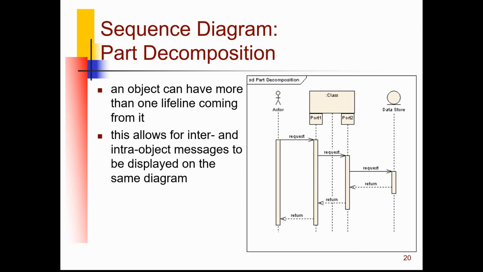Then an object can have more than one lifeline, and here we show the different ports. This allows the inter- and intra-object messages to be displayed on the same diagram. If one object is quite complicated and provides different categories of operations,